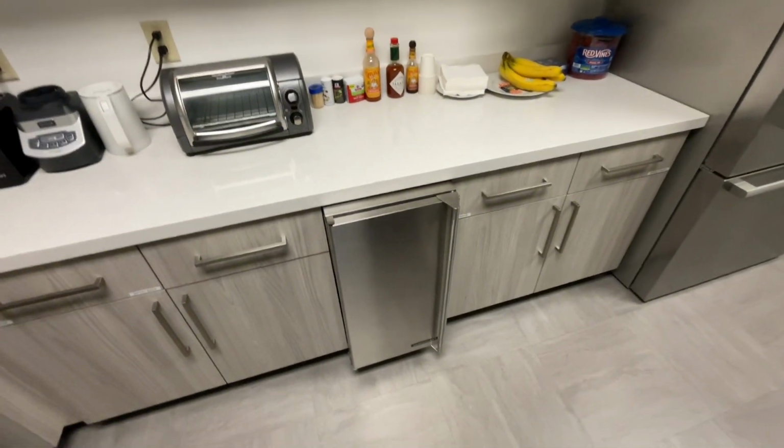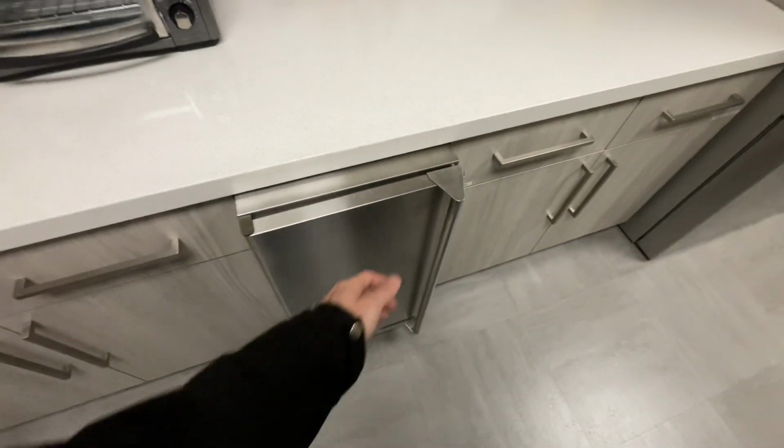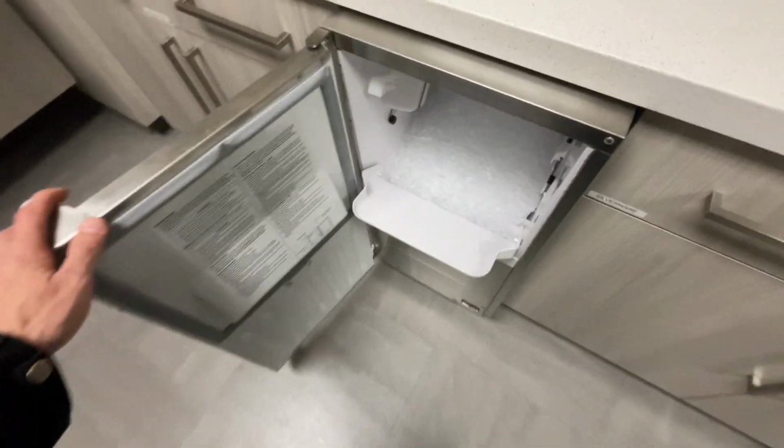So today's service call is a Hoshizaki ice machine, under counter, which requires 6-month service. So let's go check it out. Hey there, good morning. I'm going to be doing a full service cleaning of this Hoshizaki under counter